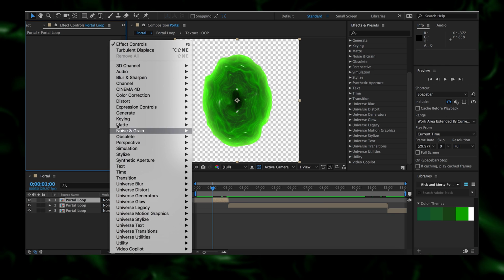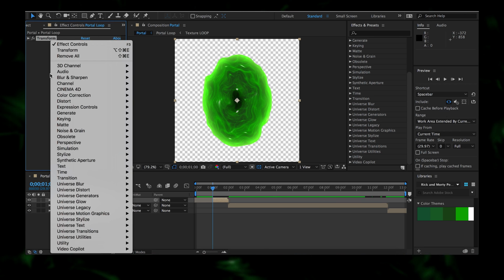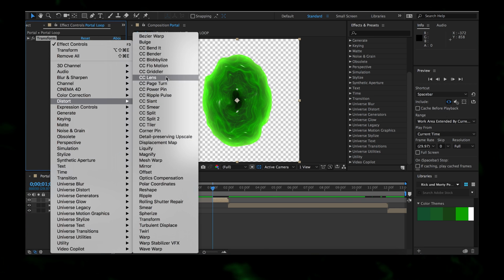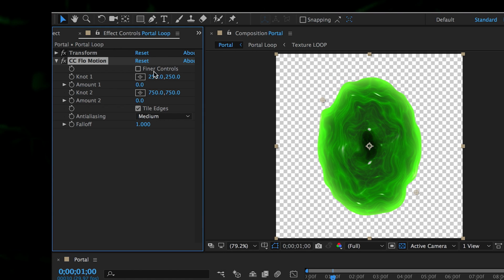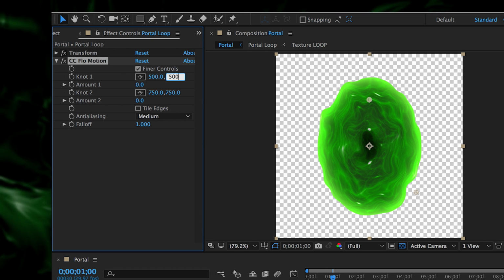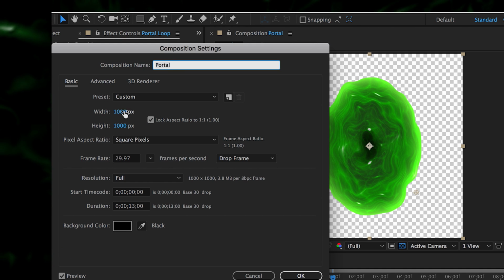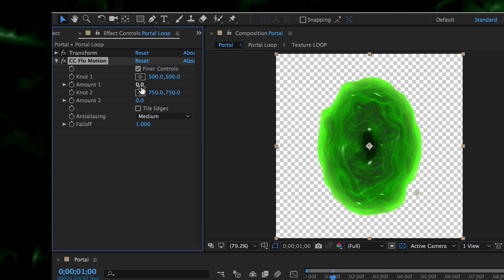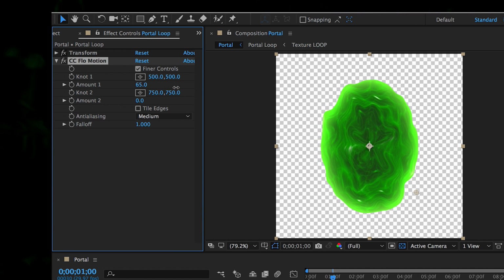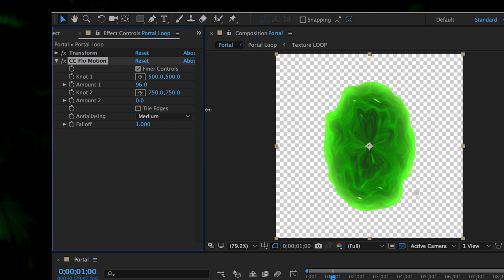We're going to start with two effects, transform, which I'll get back to in a second, and CC Flow Motion. Now you'll find if you turn on finer controls and turn off tile edges here, you just place this one point right in the center. 500, 500. I got these values just by taking our comp width and height and putting them in half to get them right in the dead center. So once I have this right in the dead center, and I have tile edges off, I can turn this up. You can see the portal kind of sucks into itself right up until here,